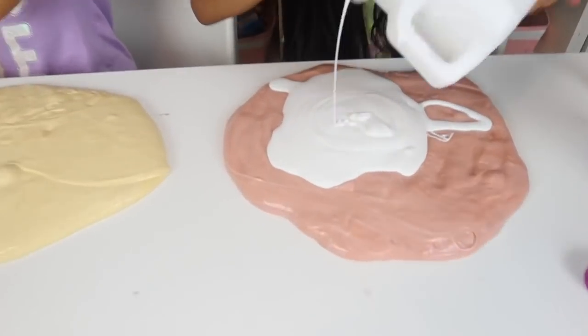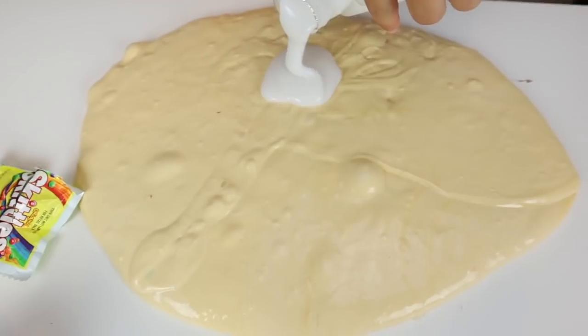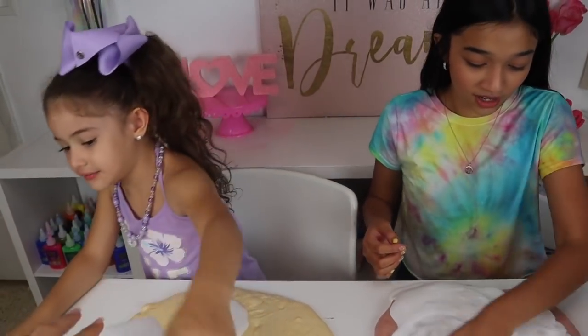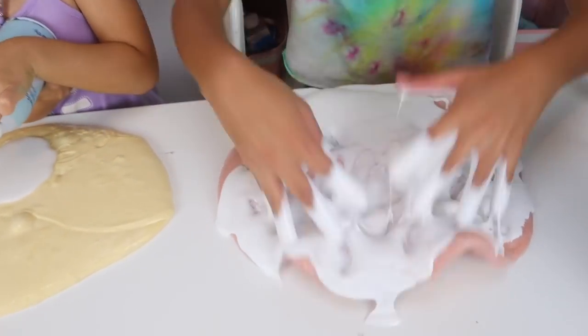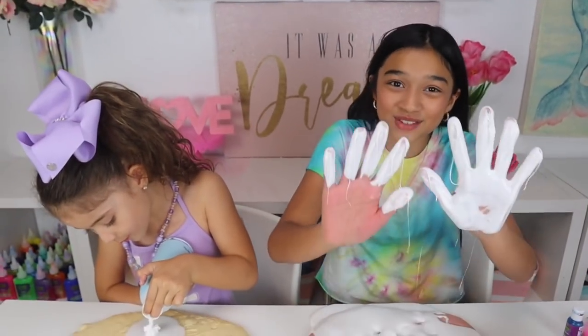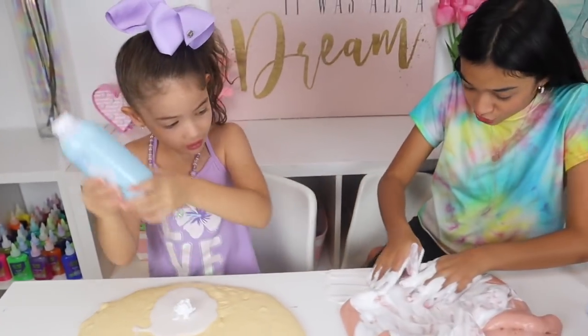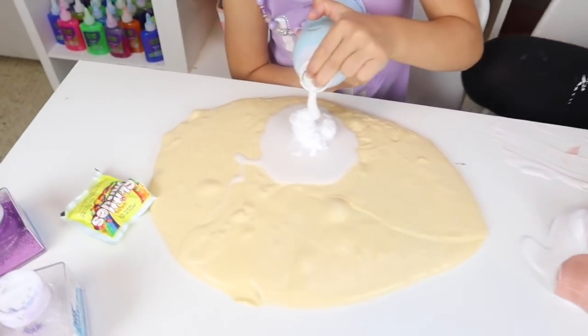I need a bunch of glue. Whoa, that's a lot. Yeah, well, you gave us a lot of slime, so I'm gonna move my hair back. Oh, I don't know why I love mixing glue into slime. Oh, do you hear that? Isn't it so satisfying? Yeah, sure. Bella, I think you need to shake that. It's dripping on me. It's dripping on me. Yay! Oh, it's going on my